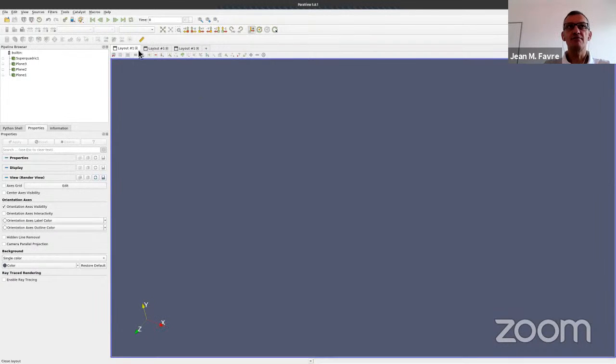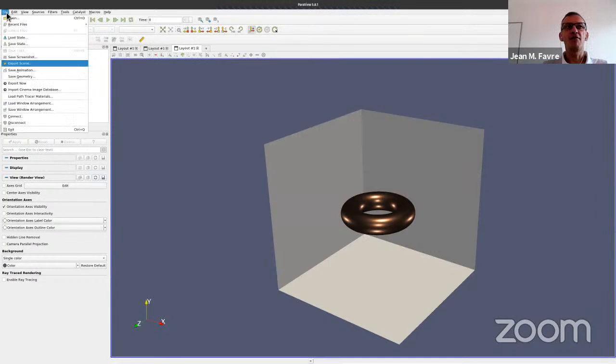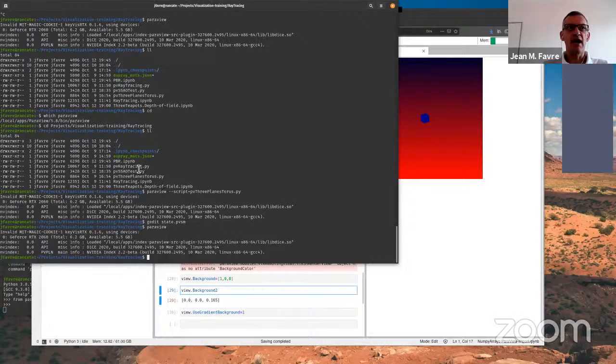But actually, there's my layout. It works fine, but it's impossible. I never use the state files when I work with users, because I cannot share the output of the visualization scenario. On the other hand, if we look at the